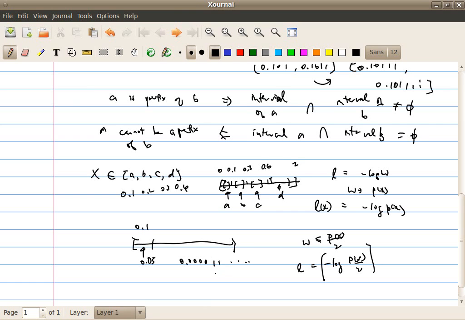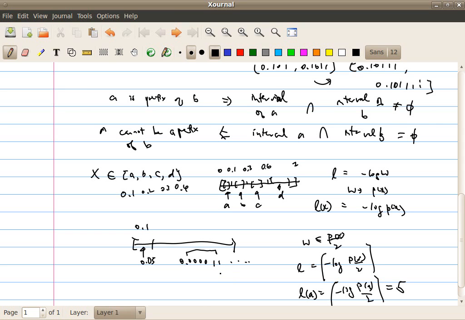After we compute this length L of the codeword, in this case Px over 2 is 0.05 again, and LA will be the ceiling of minus log PA over 2, which is equal to 5. Then we take the first 5 bits after the binary point,